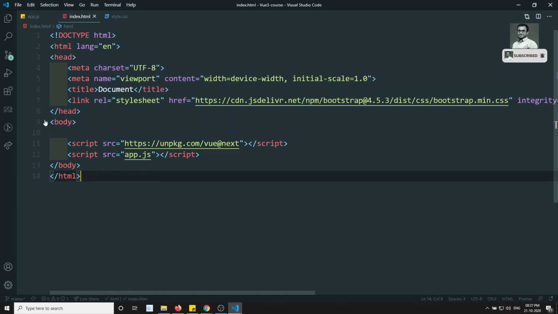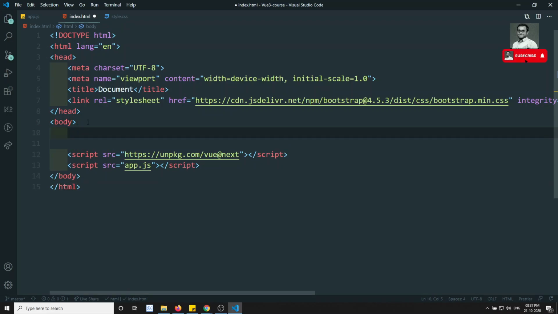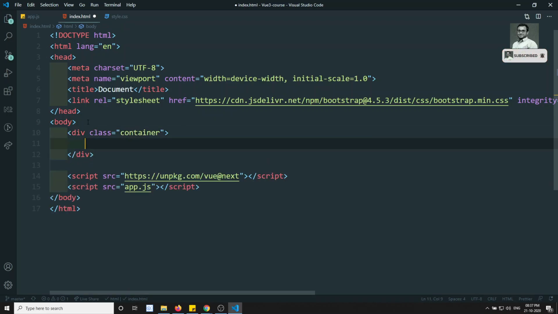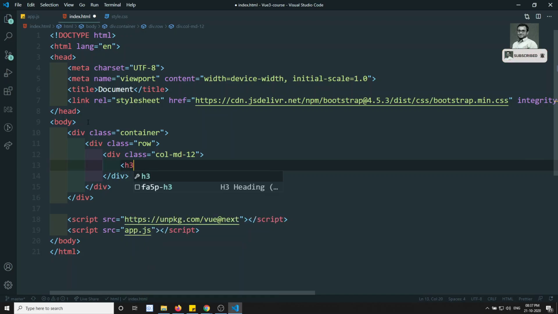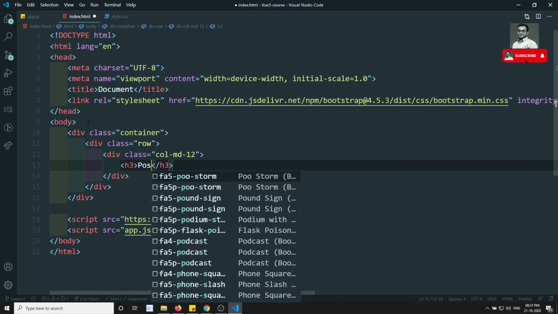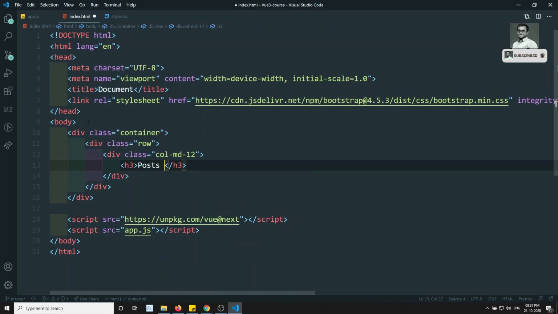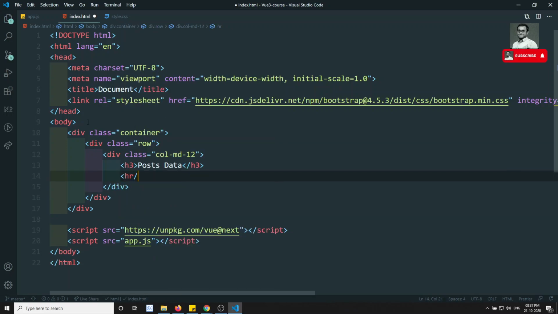Let me create a small boilerplate template code. Here I will write a container and a row with col-md-12. Here I will add an h3, post data or something like this, and one HR.